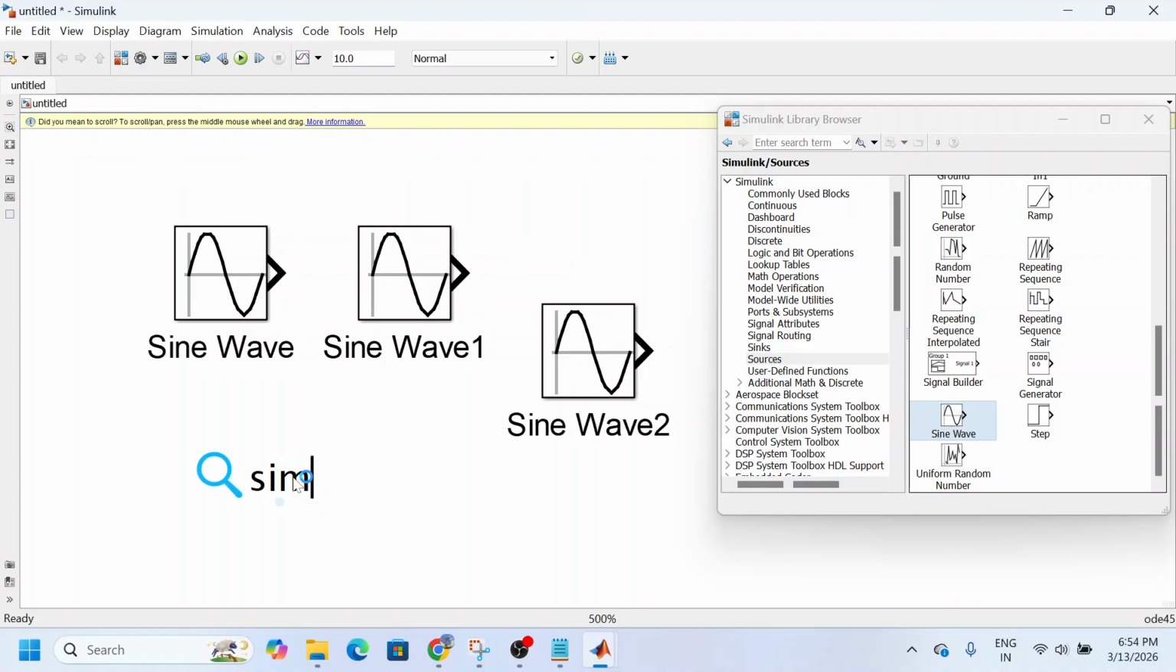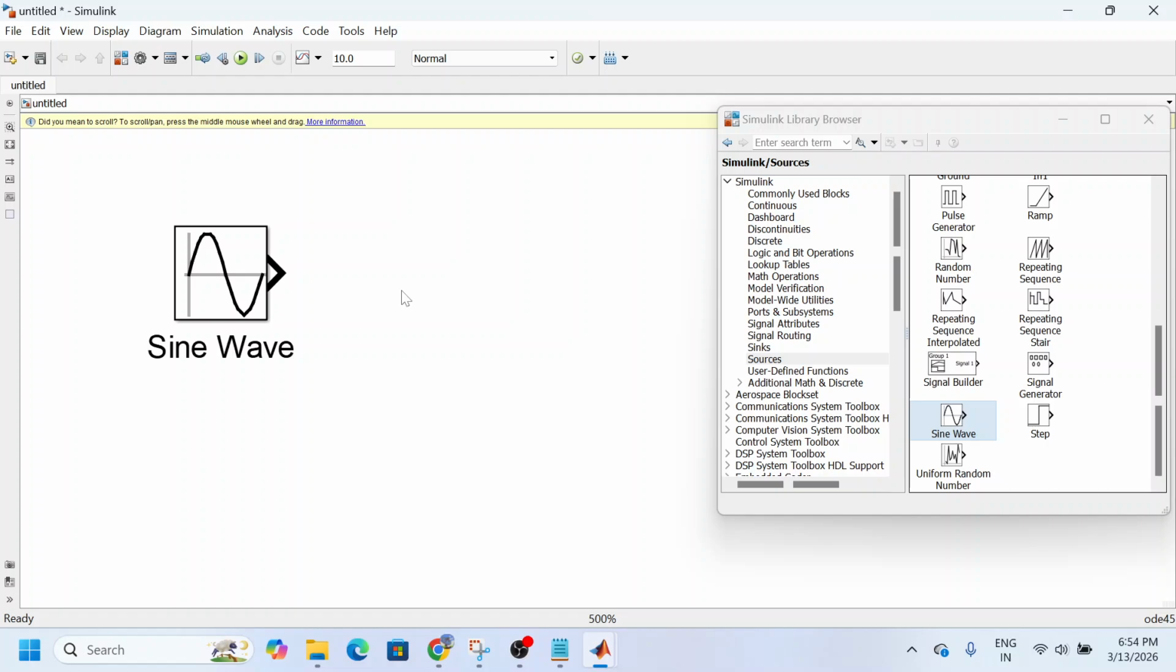I will search for sine wave, so it will show multiple sine wave blocks. You can just click here and it will take the block, okay. So like that you can add the blocks to your model, okay. So I will take only one sine wave. So after this sine wave we need a